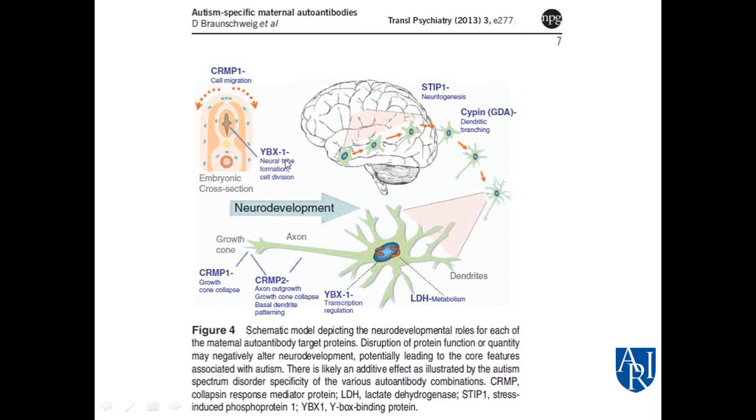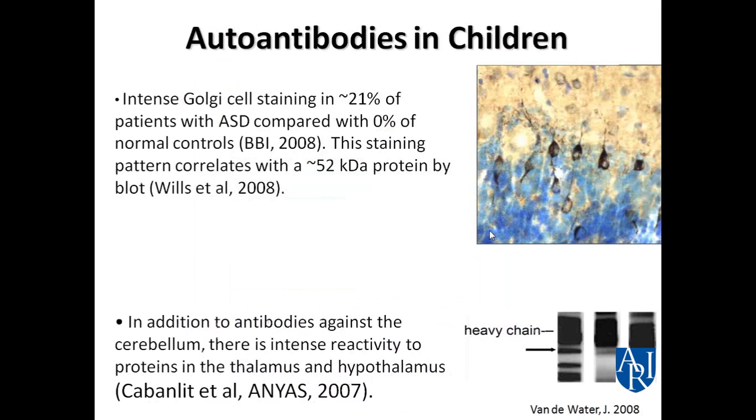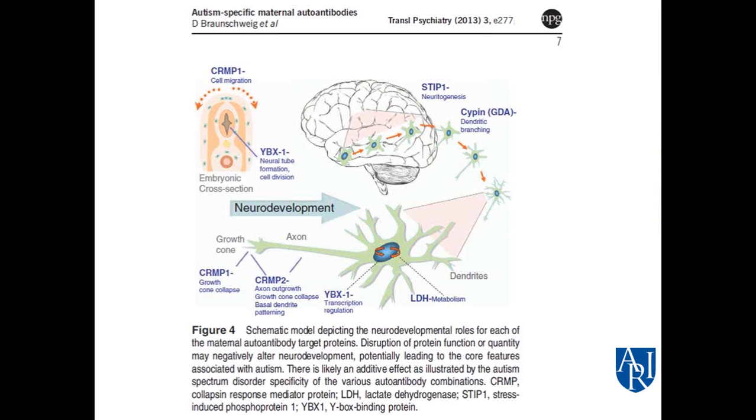These different proteins are responsible for specific functions in the developing brain. In this case, STIP1 forms neurites. Cytokine is important for dendritic branching, and so on. So these maternal antibodies, and what they're directed to, are now being defined, and this group and others are in the process of determining what these antibodies are like